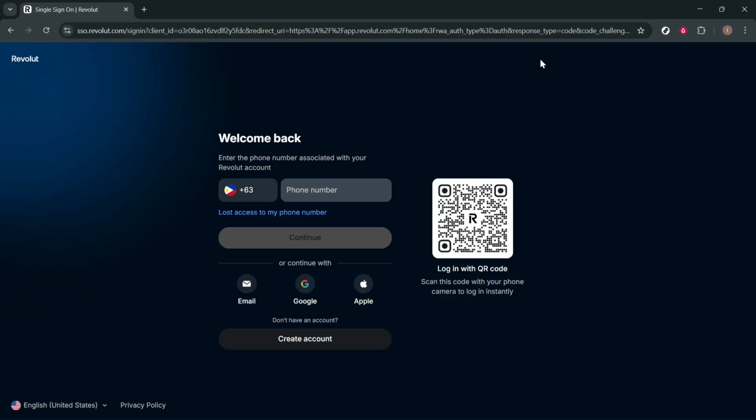Now, after that, choose a plan. Select your plan. Standard is free and includes core features, while premium and metal offers extra like travel insurances, lounge access, and higher limits. Once approved, you can order a Revolut card, hold multiple currencies, send money abroad, and track